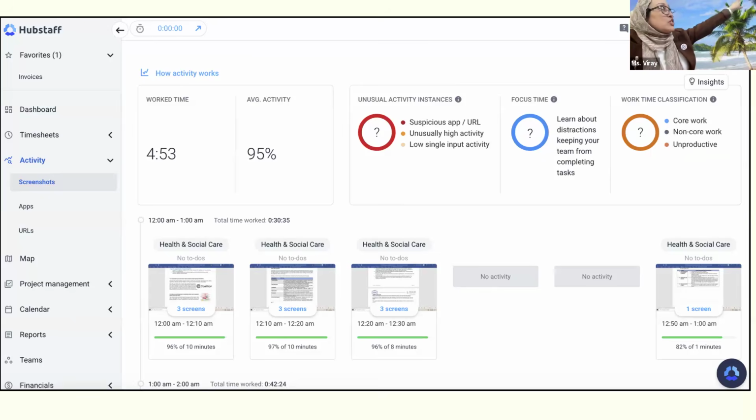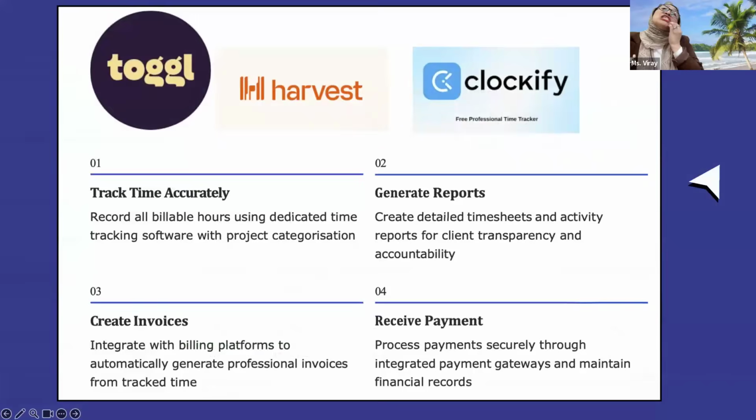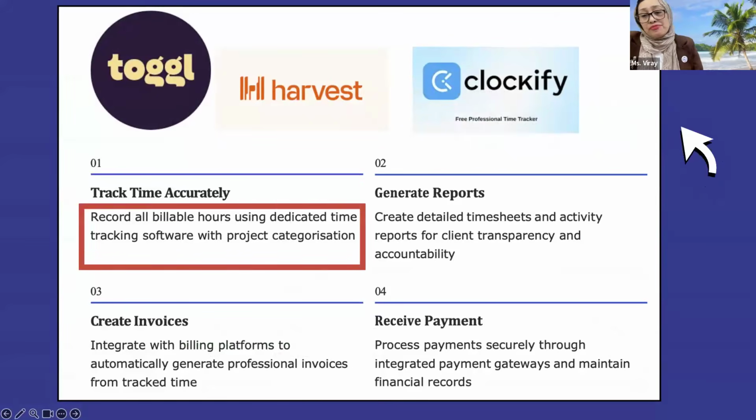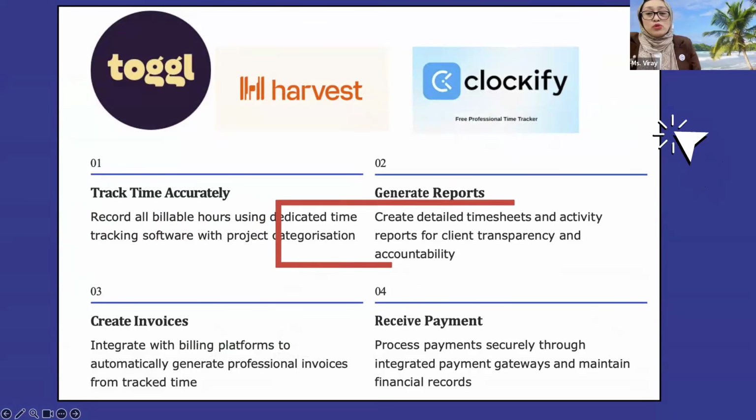So there's an option where you can check your timesheet, we can check your productivity, and your screen as well is being taken a screenshot every 3 or 5 minutes, depending on what we set. Okay. So just so you know, so at least you know how clients monitor their stuff. Okay. Right. So they can track your time, generate report as well, and they can create invoice according to how much productivity you have given for them to work for.